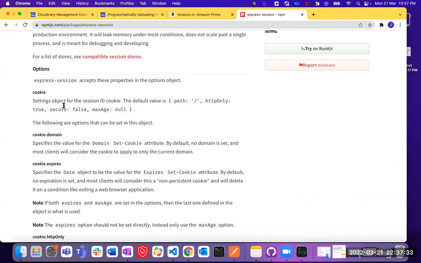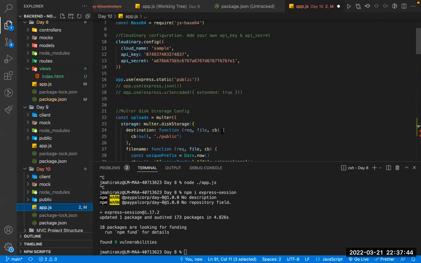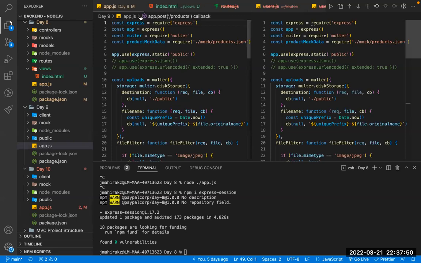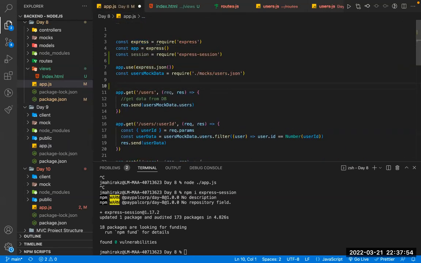Similar to how you add options and all, like how you did for Cloudinary, right? You did some configuration whenever you instantiate it. Similarly, you will have to do that for your session as well. Okay, what you need to do is